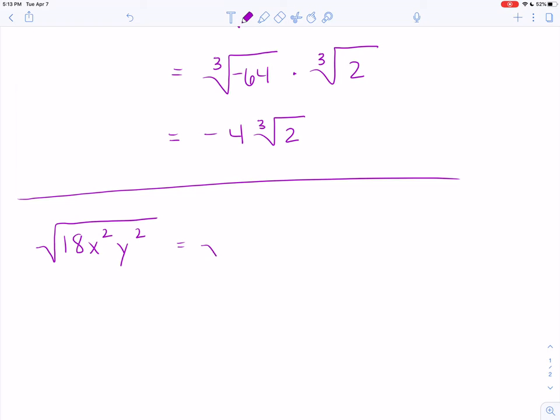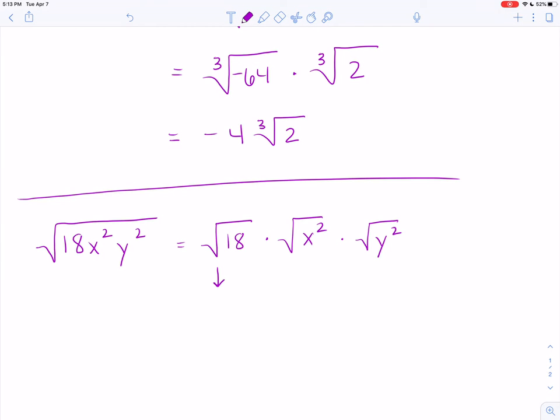So I can rewrite this as the square root of 18 times the square root of x squared times the square root of y squared. All right, you can't break it up if it's got a plus or a minus under there, but if it's multiplied like these are, then you can. So what that allows me to